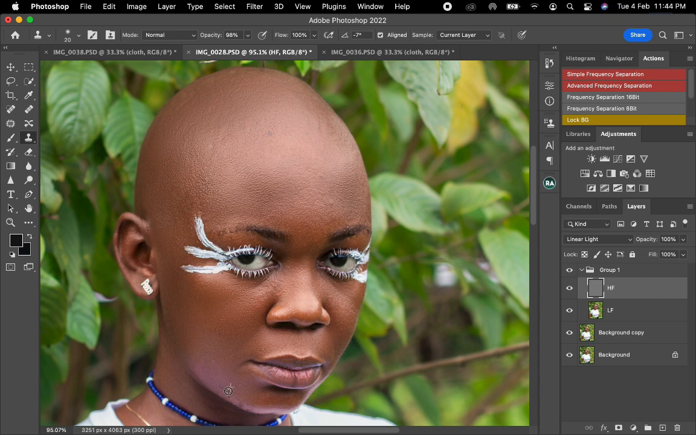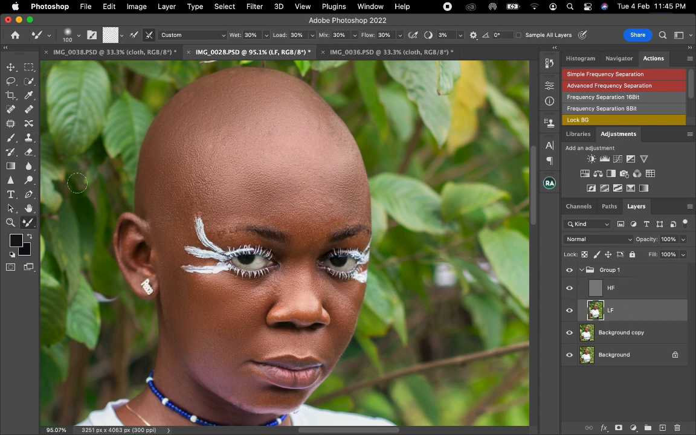You take your time in doing that. I want to get rid of this as well. So get rid of this too. Each time I pick the blemishes, I need to brush it back after doing that. So I'll just pick this. So I'll now come back to the low frequency layer here, and I'll pick the mixer brush, then start